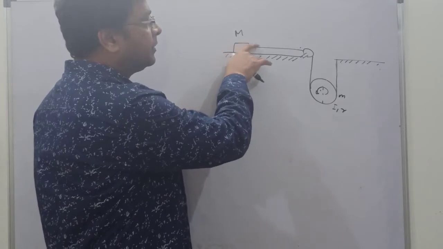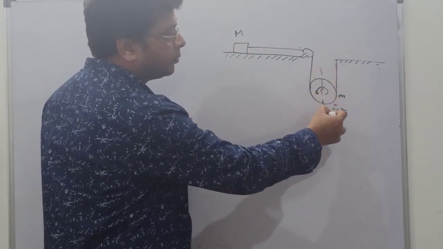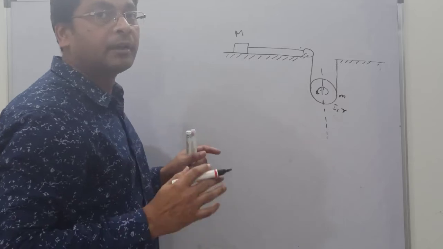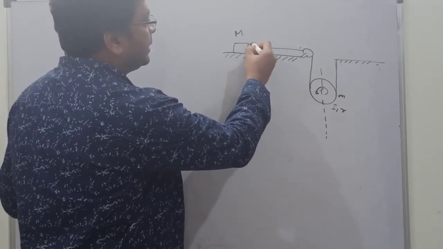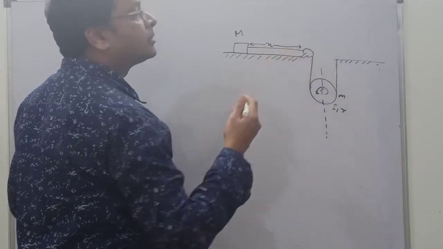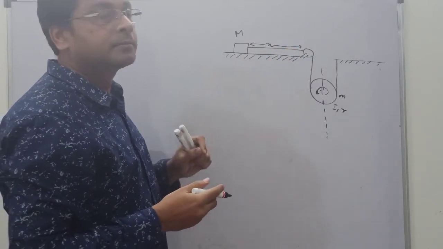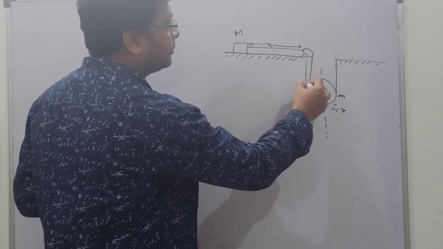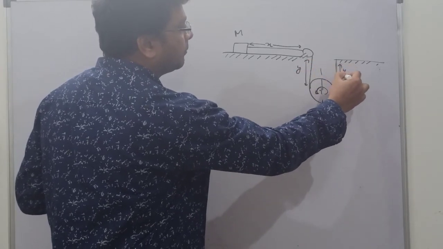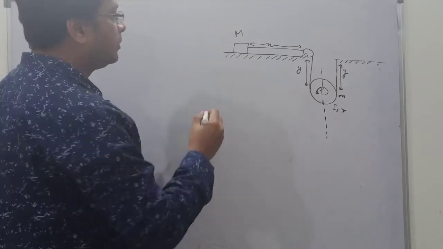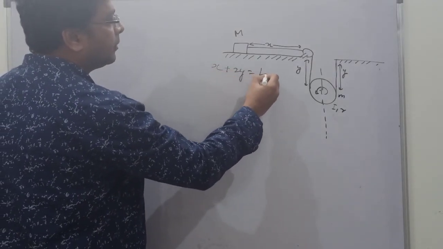When this mass moves ahead, this pulley will go down. So this is the line of motion of the pulley, right? Just see this. Suppose this length is x. I am using a constraint relation to relate the acceleration of these two bodies. This is L. Suppose this is your y. This will also become y. Now, the total length of the string can be written as x plus 2y is equal to L.